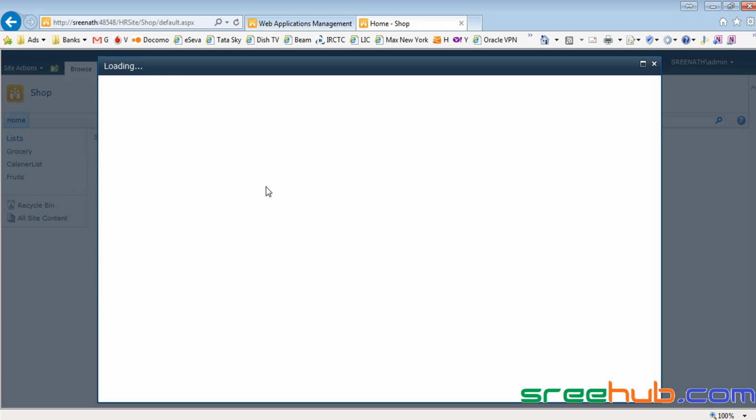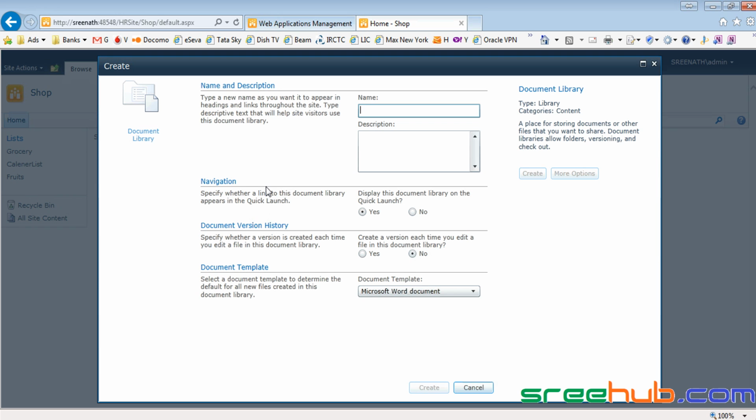Now it will take you directly to the document library page, right? So this is a page where you can give all the properties. Let me give the document library name as shop docs, and just say this is the section where all shop